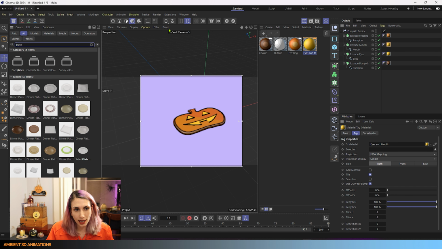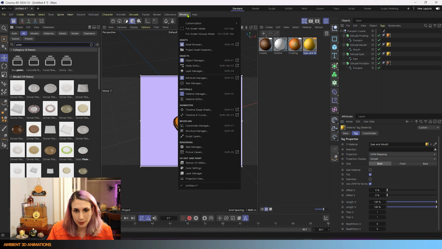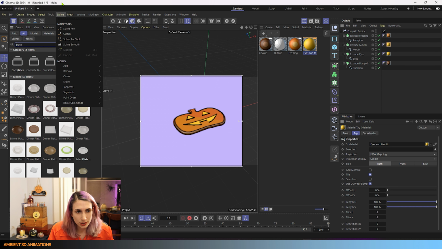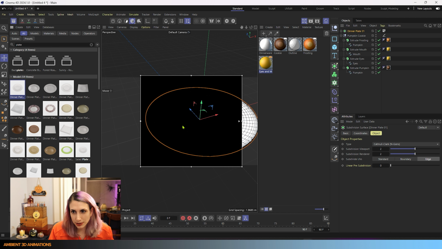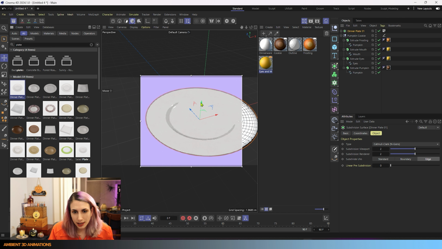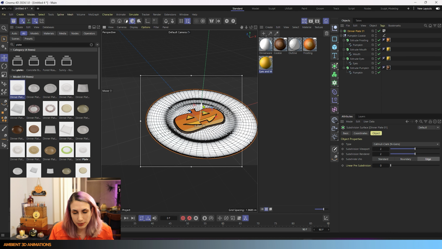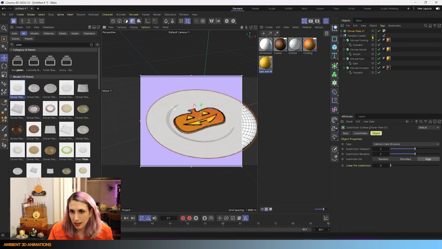And I found the asset browser, just to show you one more time in case you didn't see where I clicked, under the window drop-down menu, asset browser. The hotkey for that is Shift F8, but you can also just click on that there and now it's open. We're going to download this dinner plate. So I'll double click on that right there. And now we have this lovely dinner plate here for our cookie to sit on.